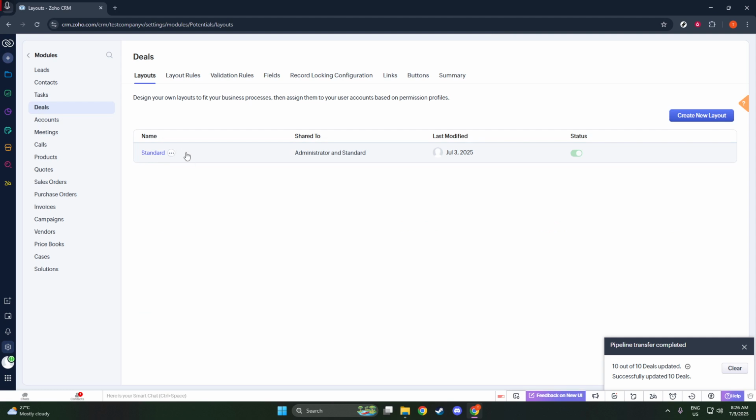Once you've clicked on the Deals module, you will see various layout options. Select the layout you want to edit, and this will bring you to the Layout Editor where you can make modifications. In the Layout Editor, you'll notice a Settings icon, represented by the three-dot symbol, which is usually located next